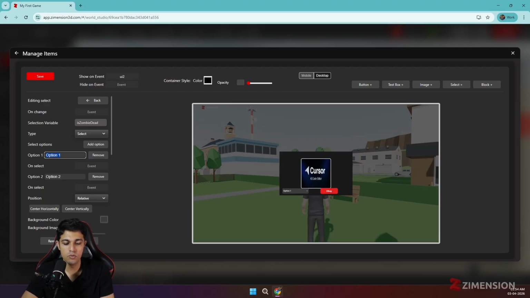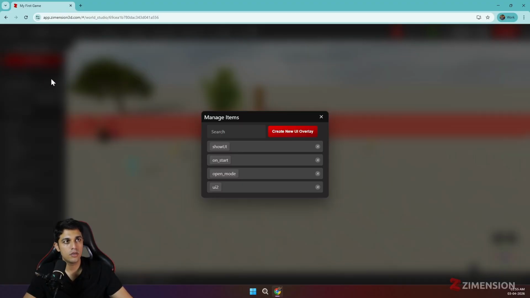Like fast mode or slow mode. So I'll just write slow, then I'll add another option as fast. So you can see now it's showing these two options, slow and fast, and on selection of each we can set an event, set slow, then set fast. Okay, and it will be stored in is zombie dead,